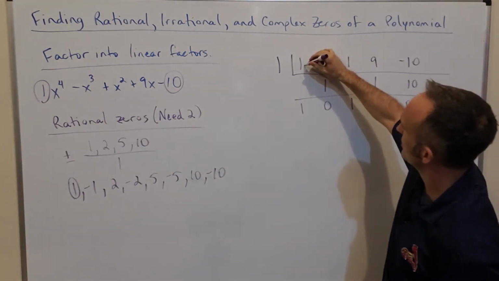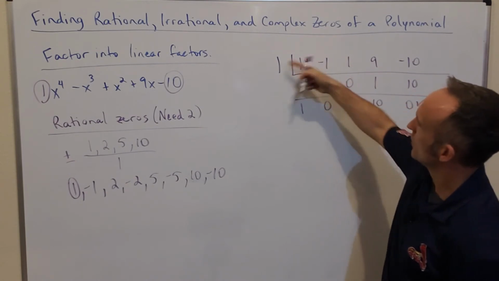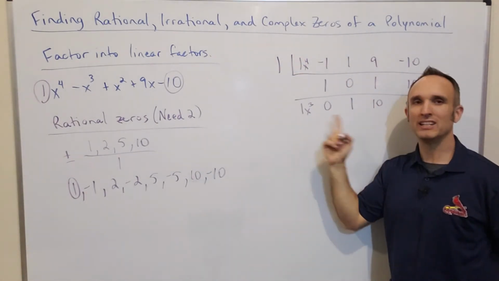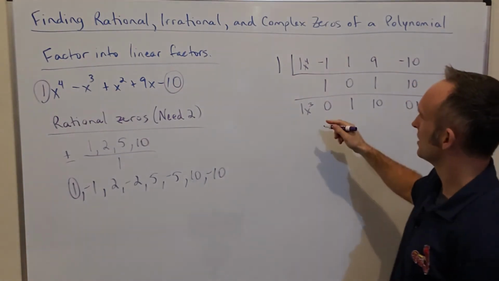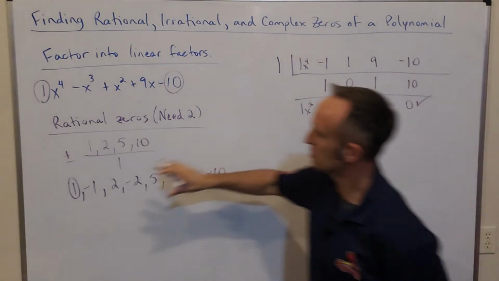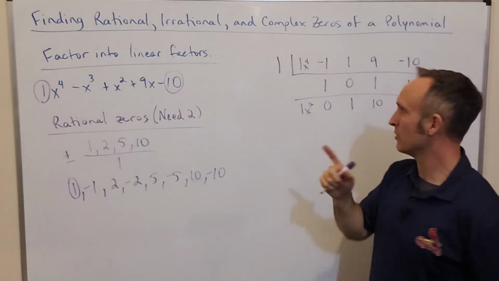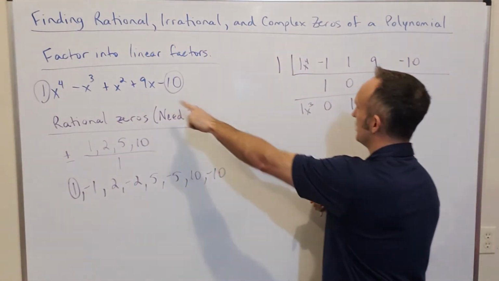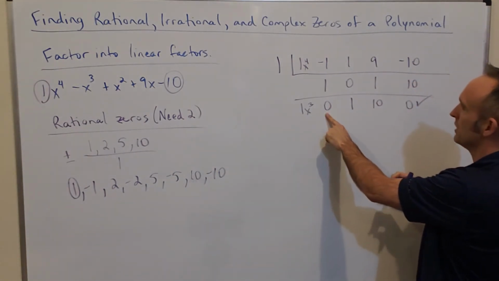Now this polynomial is an x to the 4th. When I divide, it turns into an x cubed. That's not quadratic, so I need to try this process again. So I need to continue searching through this list for 1 more 0. And the big thing you need to understand here is you do not divide by the original now. You divide by this new one,